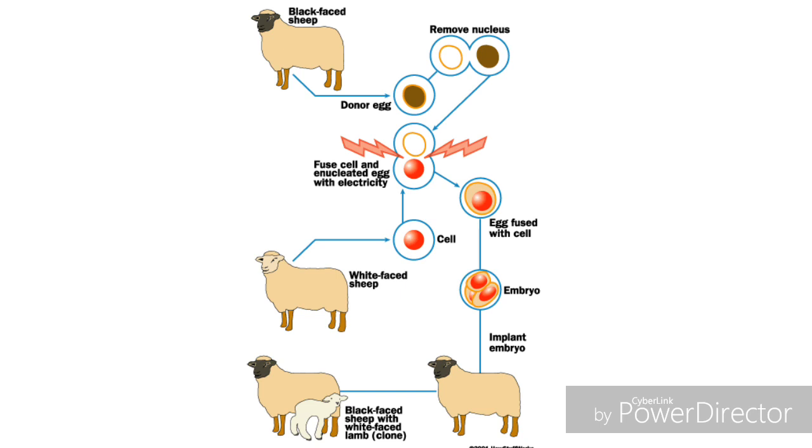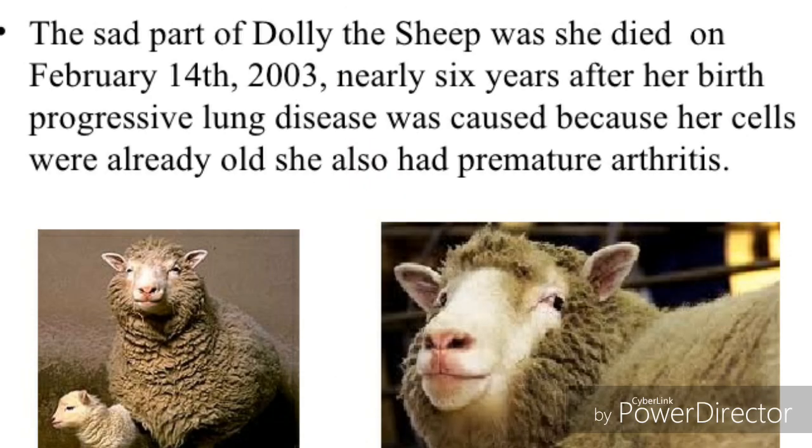Students, Dolly was a healthy clone of the Finn Dorset sheep and produced several offsprings of her own. Offsprings means her own babies. Students, unfortunately, Dolly expired on 14 February 2003 due to lung infection. Students, creating a clone of a mammal is a great achievement in the field of biological sciences.